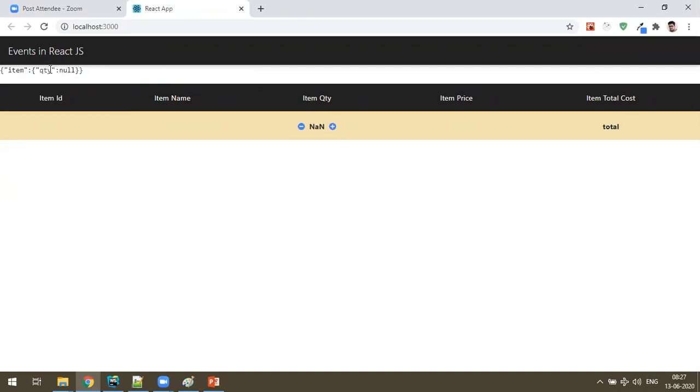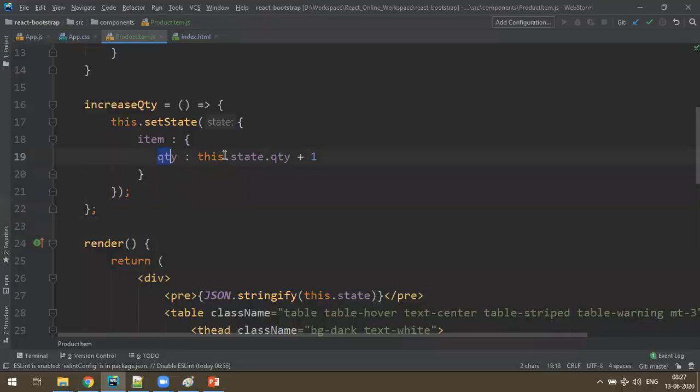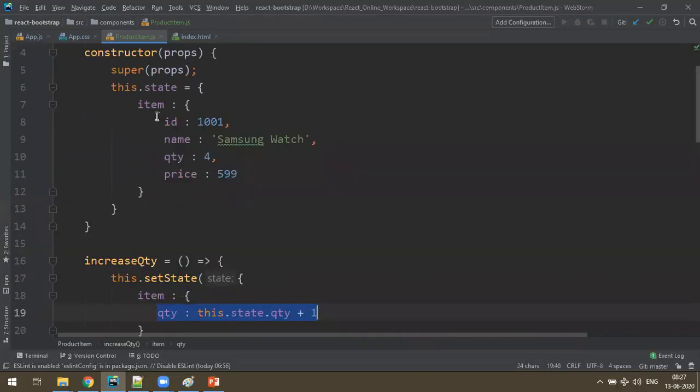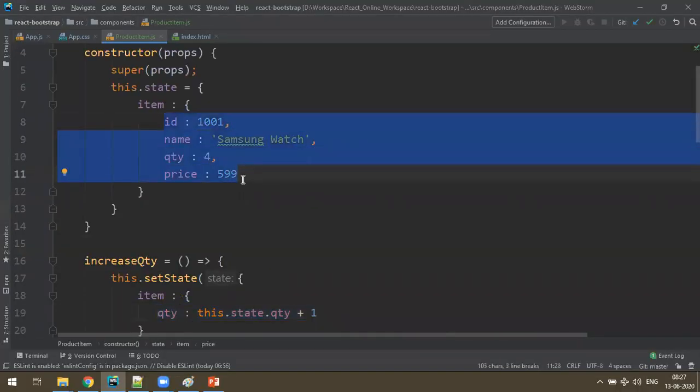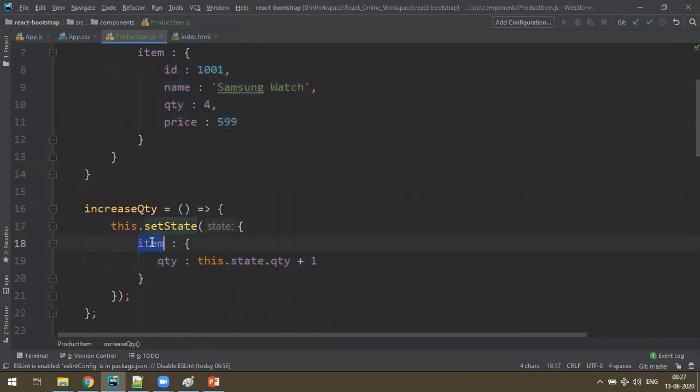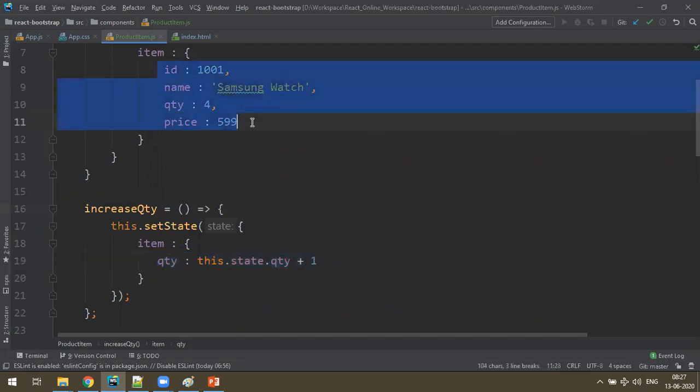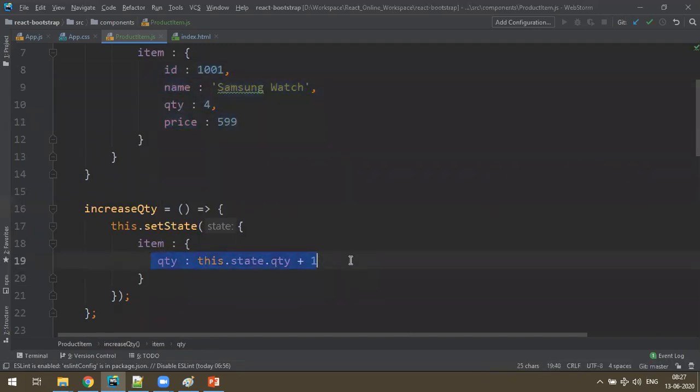Why all the remaining data has gone off is, see, the state item is having 4 fields. Now I'm setting item with only one field. So what happened? Existing data has gone off and in the new data, only quantity is there. No, I wanted to keep hold of the existing state and also add a new property.